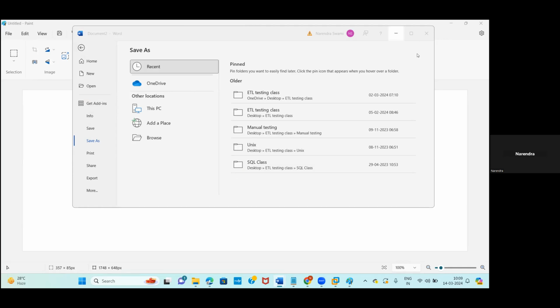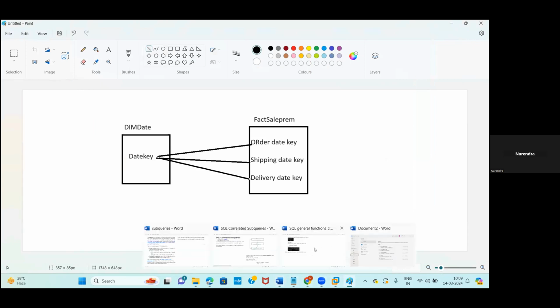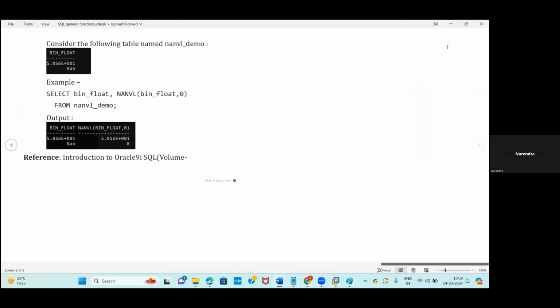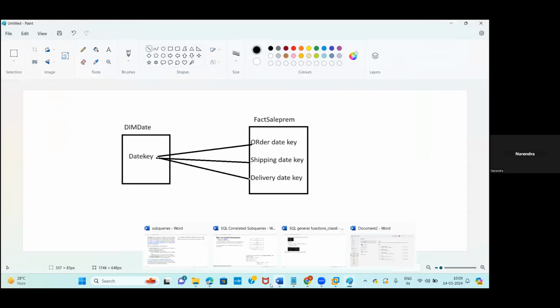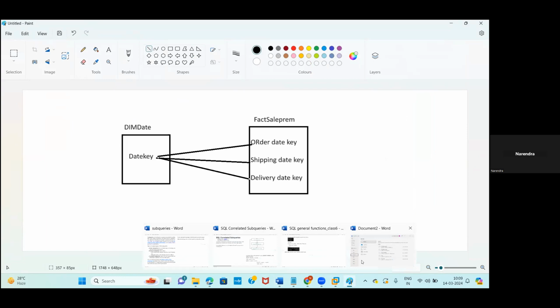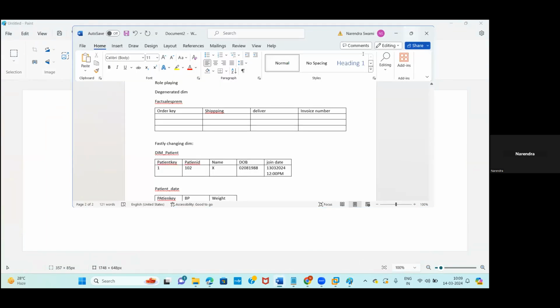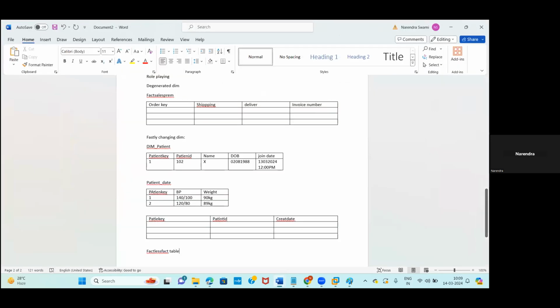So, the factless fact table. A factless fact table is one where there are no measures and facts in the table. But even so, we can derive something from that fact table. Suppose, as an example of a factless fact table,